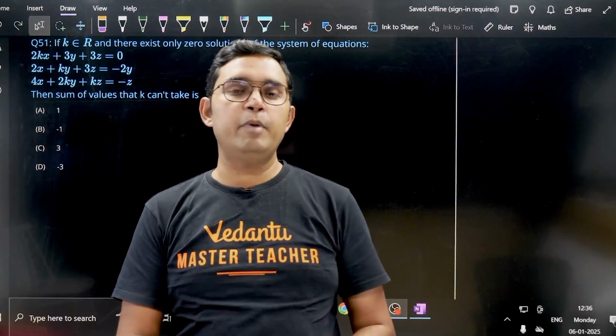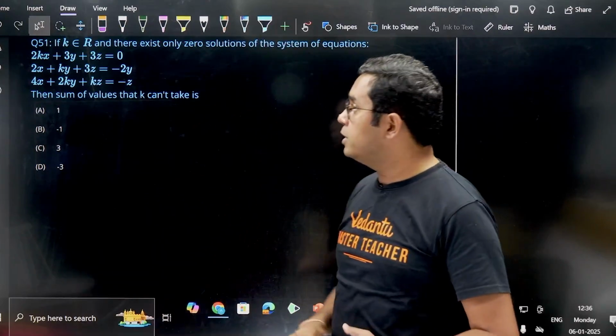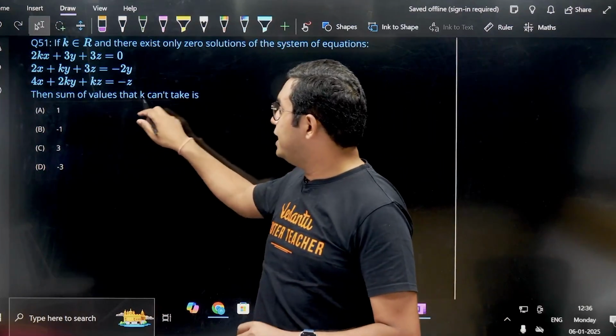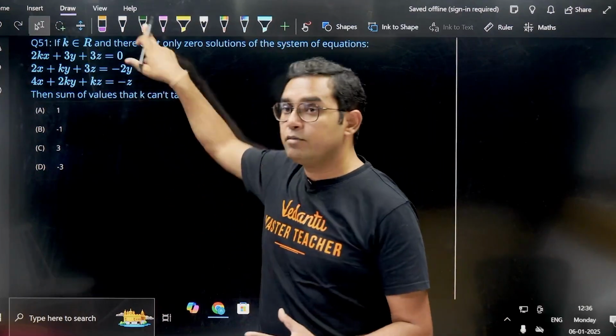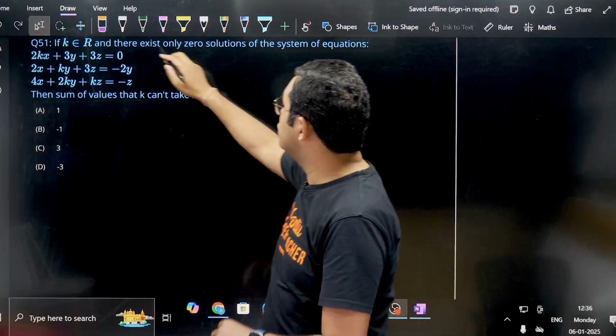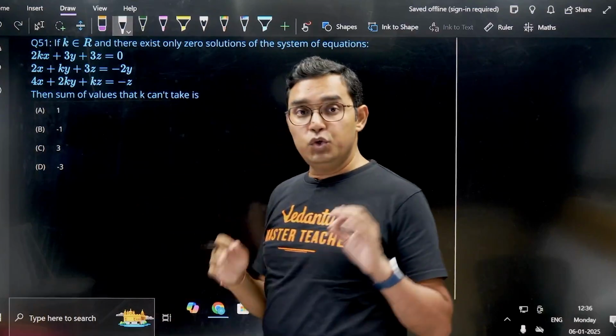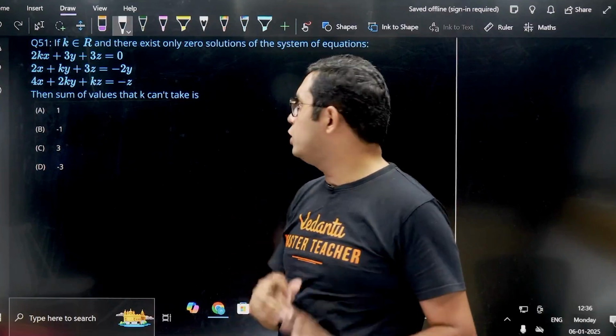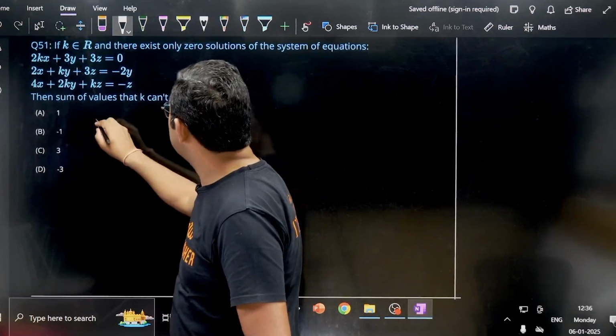I'm discussing JMMT-04. This is question number 1 of the Maths portion. Here we are asked for the value that k cannot take if this system of equations has only the 0 solution, which means that we have a unique solution. Unique solution means the determinant value should be not equal to 0. And the determinant here